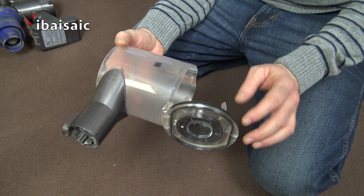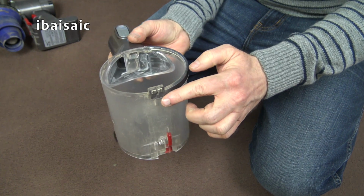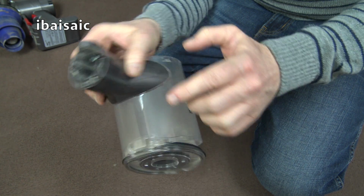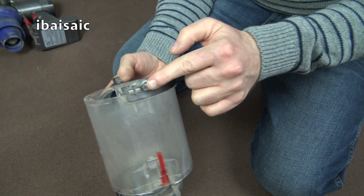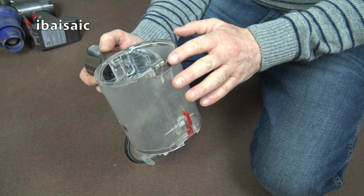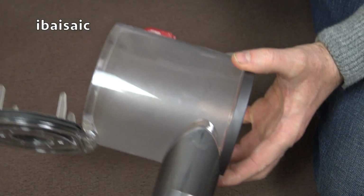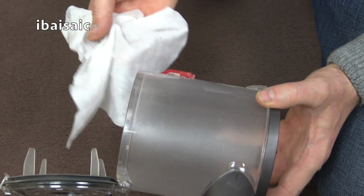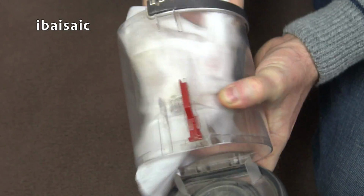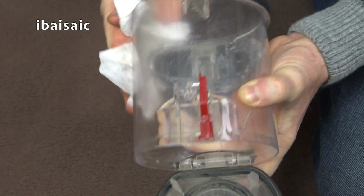Now you can clean this, but don't submerge this in water because it does contain current carrying conductors to the power head. So here there's electricity supply through this, and there's also some electrical contacts on the back, so never submerge this in water. You can clean it with a damp cloth, but make sure it's thoroughly dry before putting it back in the machine. I recommend these surface wipes that you get for wiping around your kitchen because they're just slightly damp. They're not going to over wet the machine, but they will do a good job of removing the dust and dirt. So I'm going to give the bin a bit of a wipe over